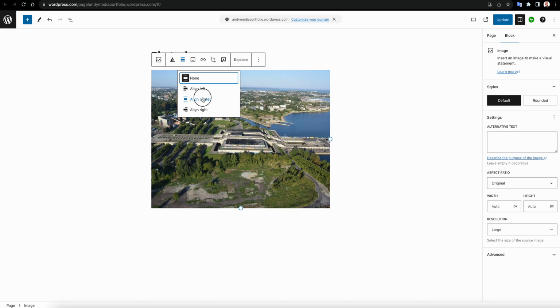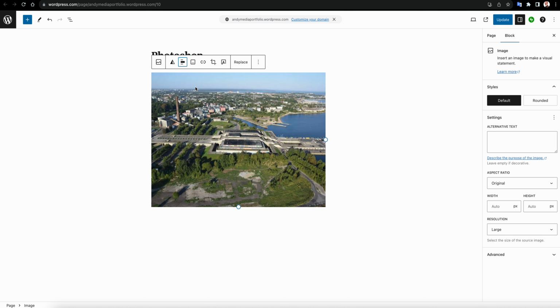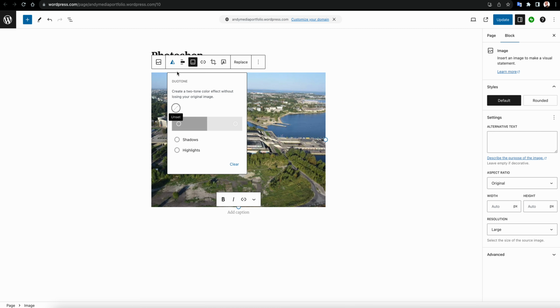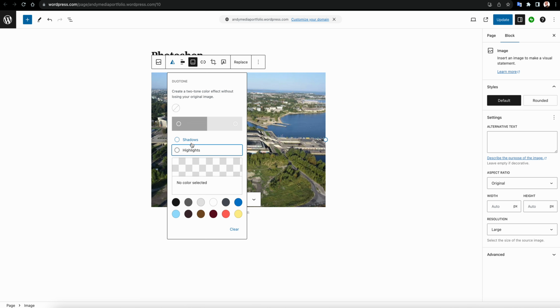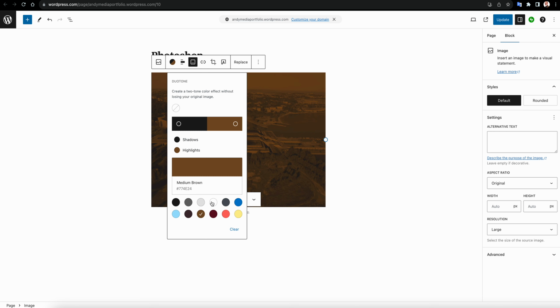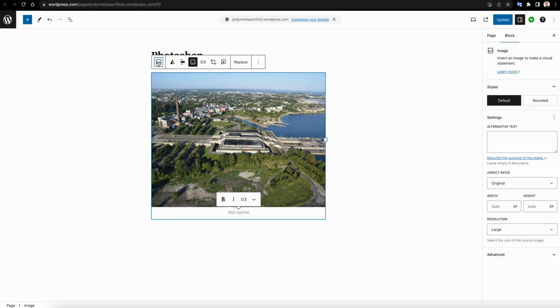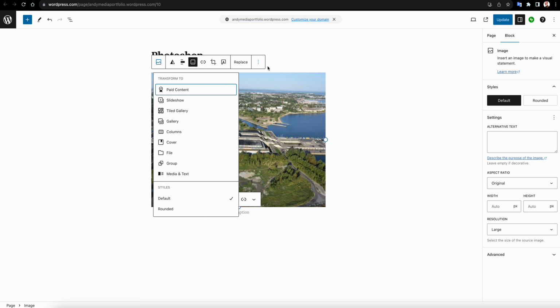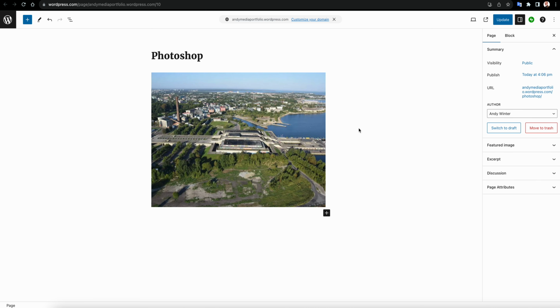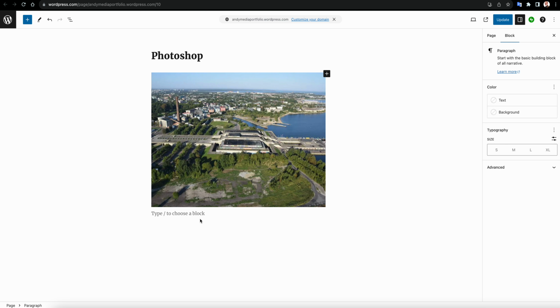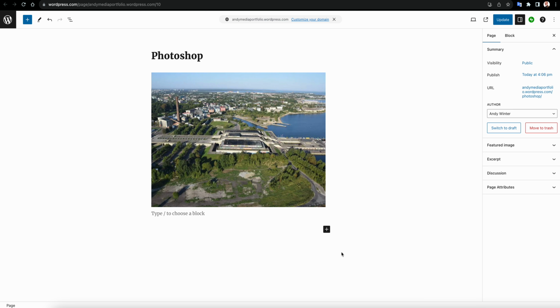There are also settings as to whether I want it in the center, whether I want it to the left. If I want to add a caption to the image, I can. I can also use different tones. Look, I can do a duotone or customize it. So there's lots of customized functions here when you add content to a web page. Each area of a web page is called a block. You can add images, you can add blocks of text in terms of a paragraph if you're just typing things. You can also add,